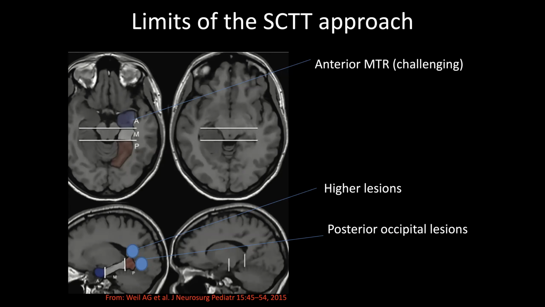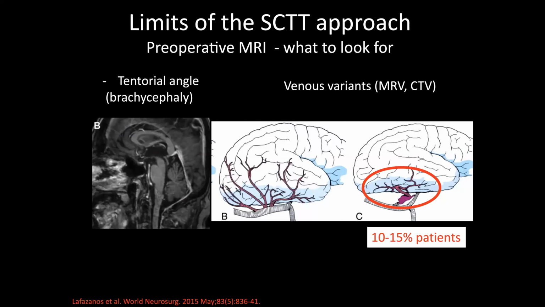Of course, there are other limitations. Posterior lesions that are more towards the occipital lobe or higher lesions will be difficult to resect through this approach due to the blind spot caused by the transverse sinus. And also a more superior lesion, you're going to have to potentially traverse a significant amount of cortex, and that would not be desired. So in addition to lesional restrictions, there are certain aspects that are important to assess for each patient, even if they do have a lesion that's amenable to the SCT approach.